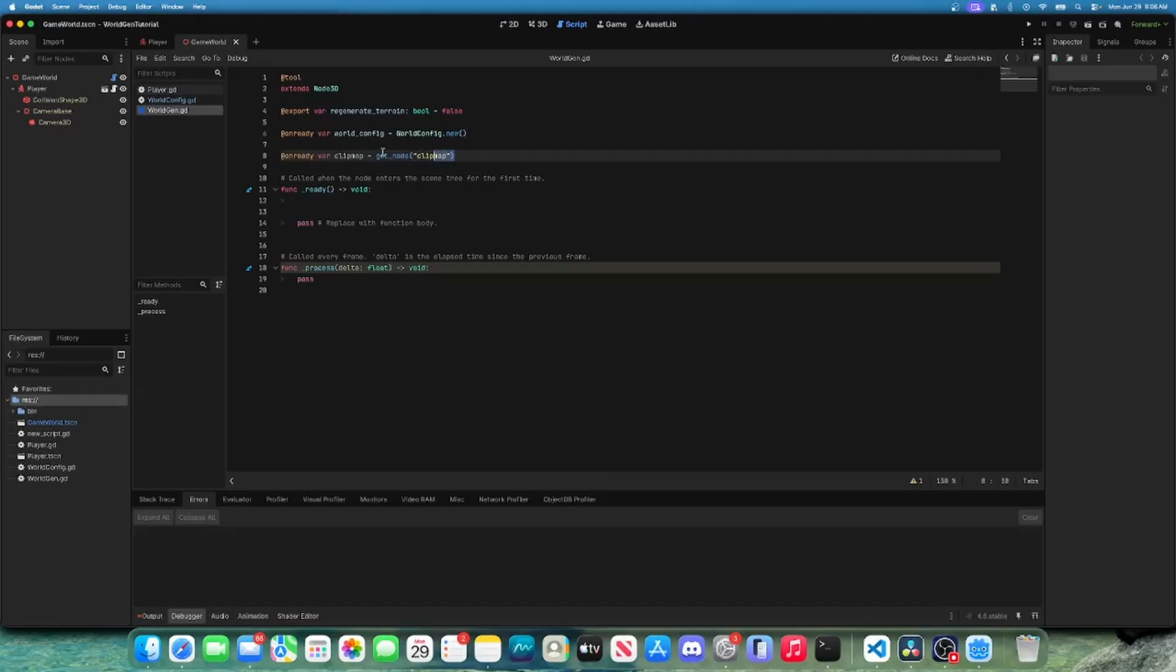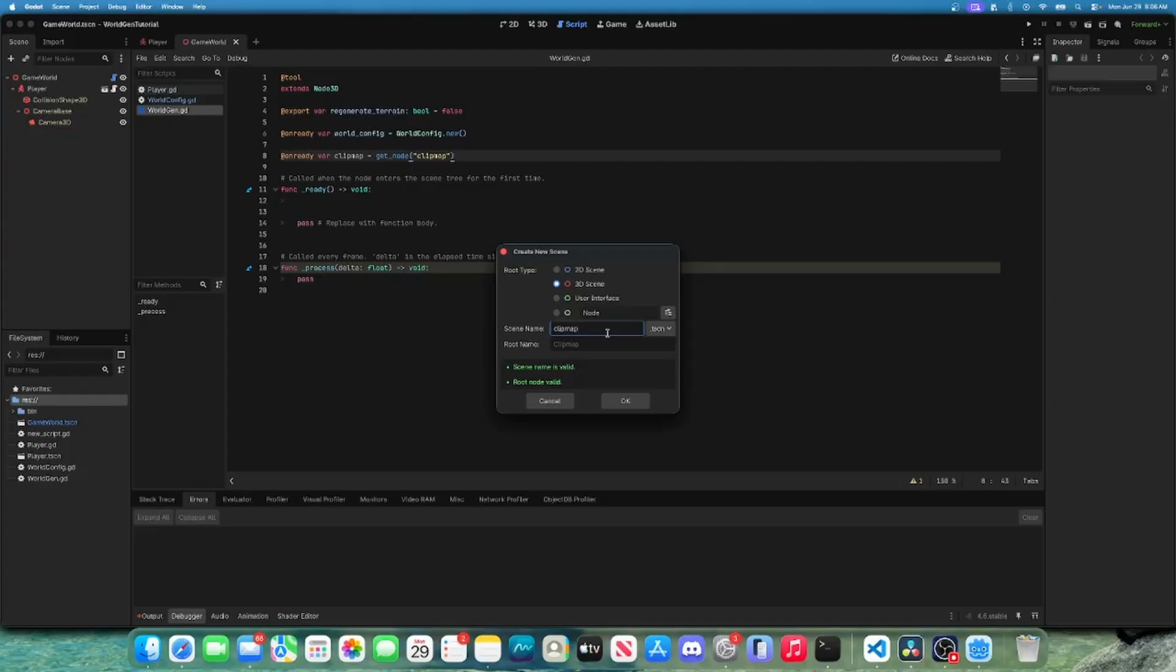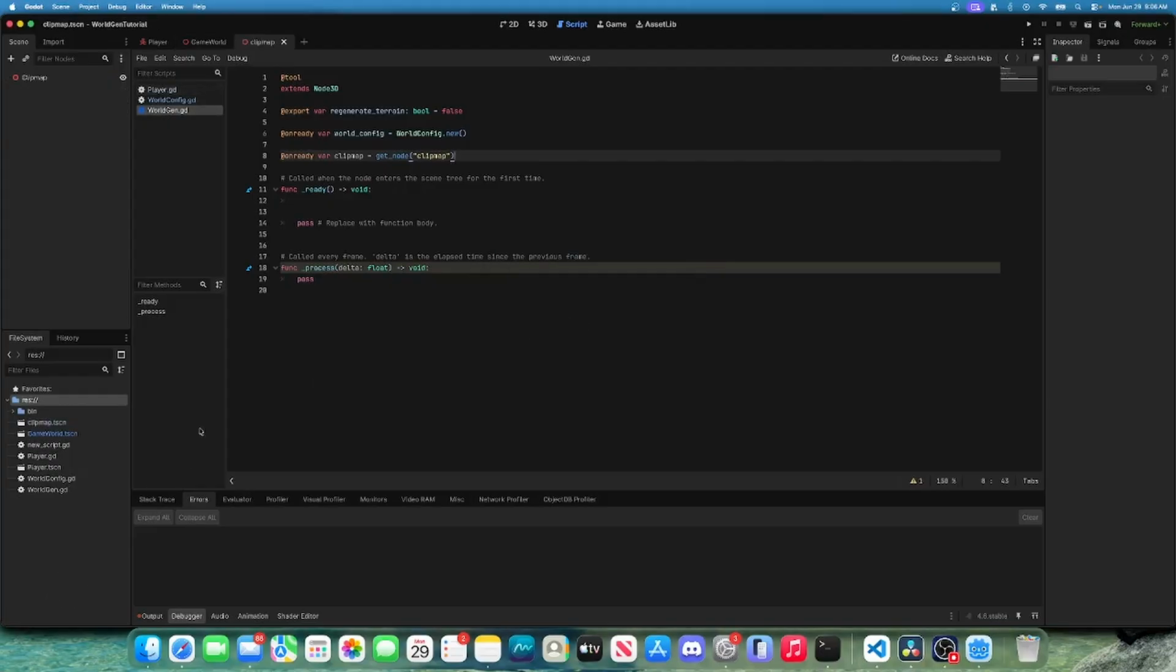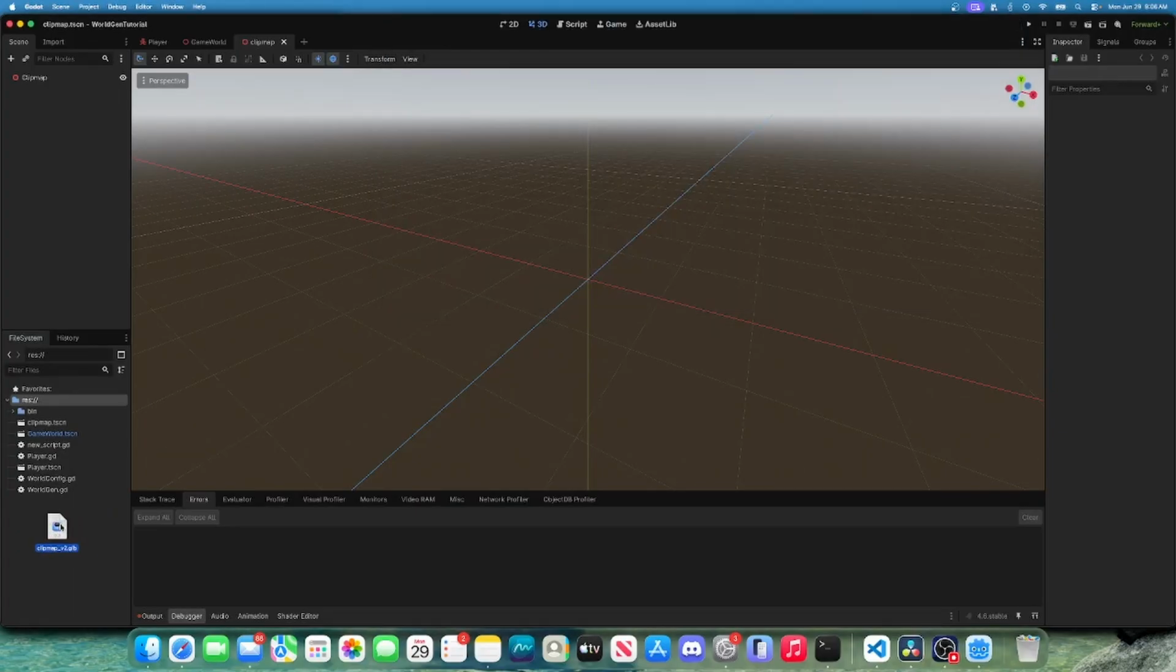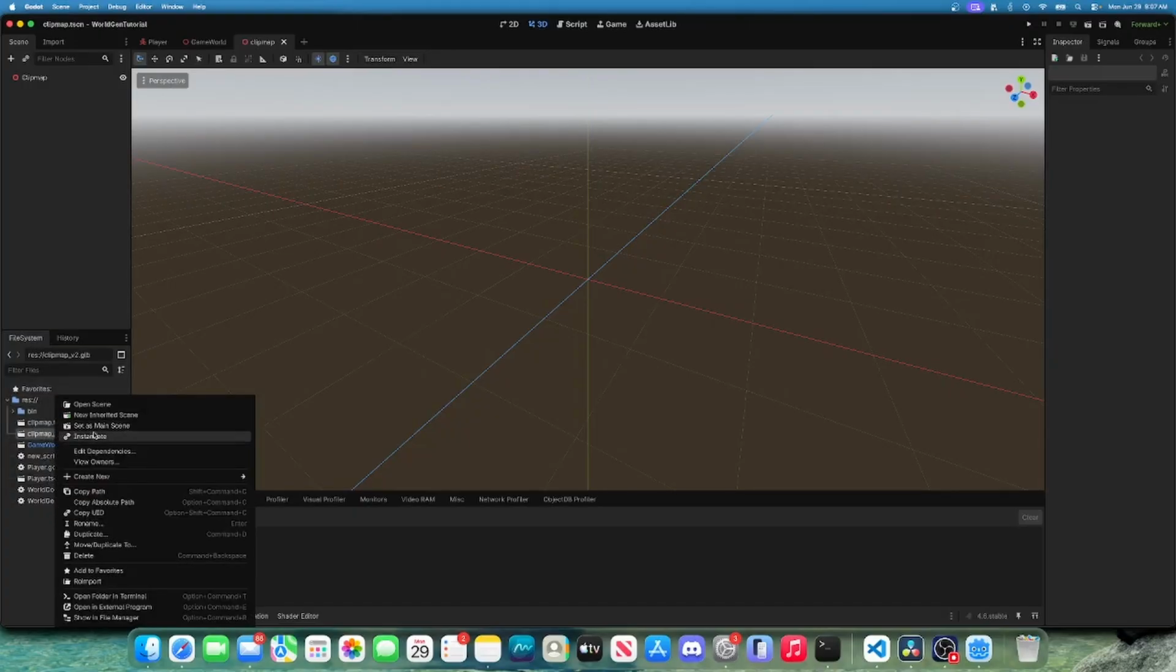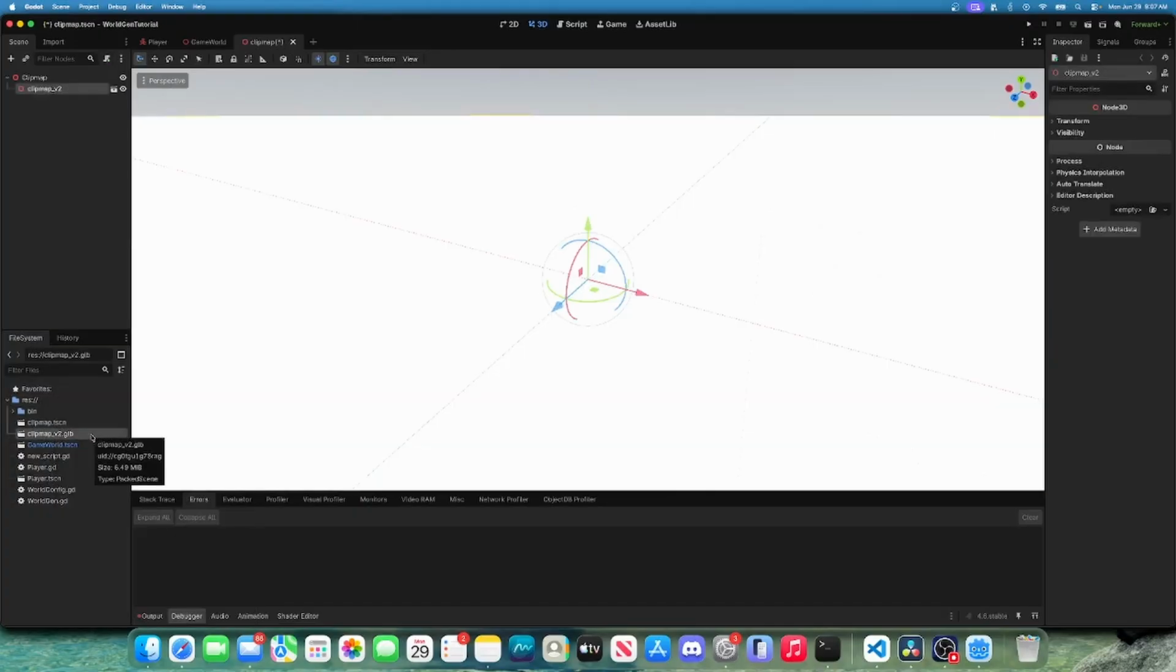So let's go ahead now and make this clip map scene so we can then add it to our game world. Here we'll do new scene, 3D scene, call it clip map. And I'll import my clip map mesh. And then if we instantiate that in our clip map scene,